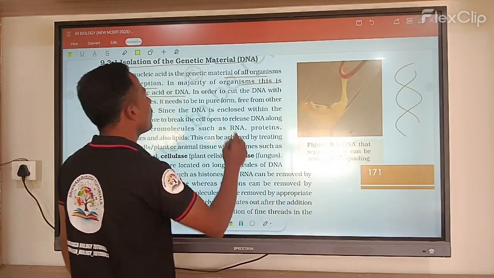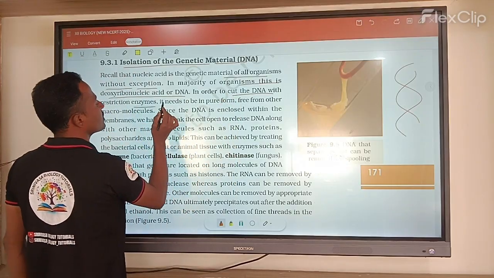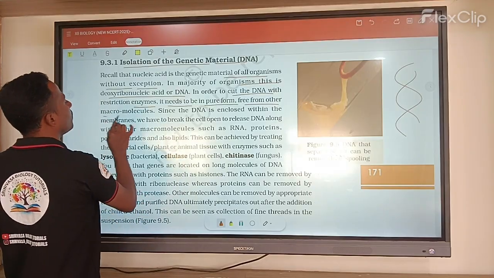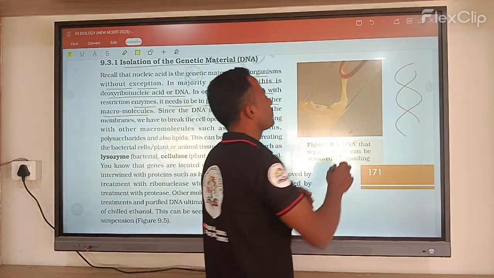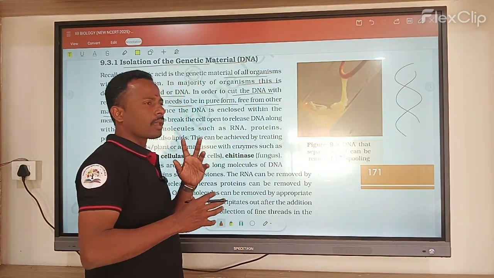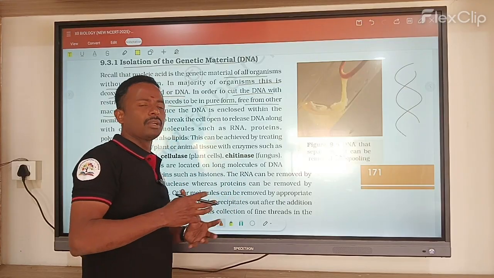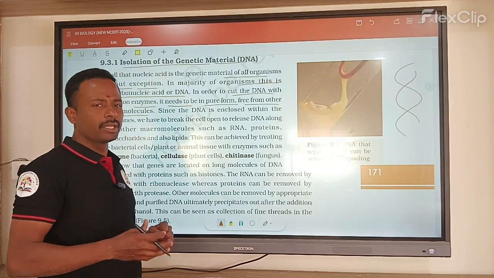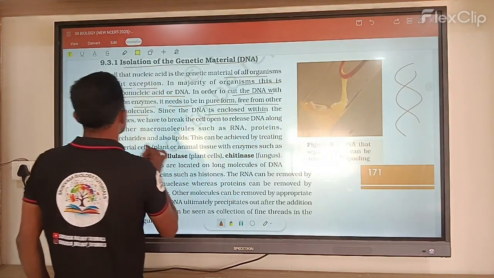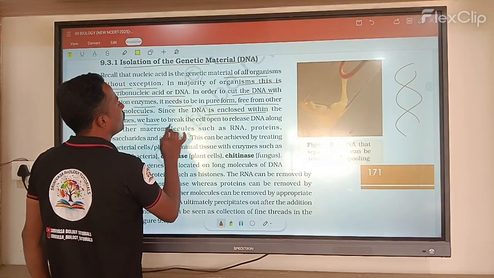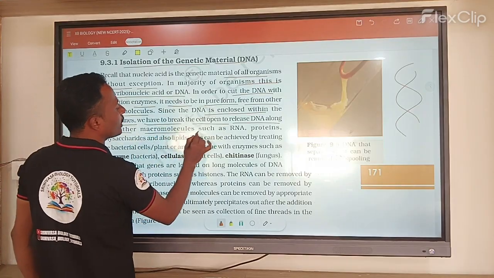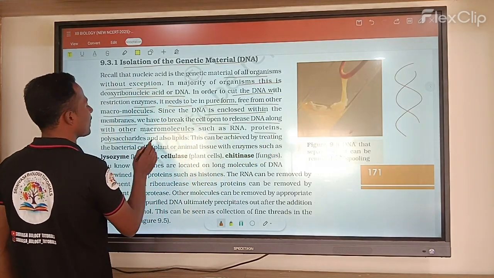In order to cut the DNA with restriction enzymes, it needs to be in a pure form, free from other macromolecules. So is the DNA completely pure when we take it? No, it has a number of bacteria, fats and other bacterial wall layers. Everything is present. So how do we get it completely purified? Let's see. Since the DNA is enclosed within a membrane, we have to break the cell wall open and release the DNA along with other macromolecules such as RNA,